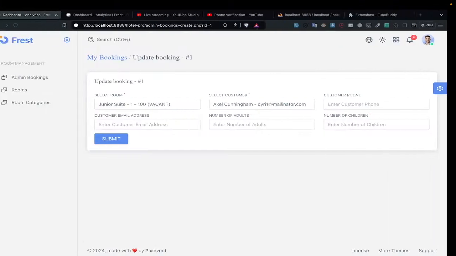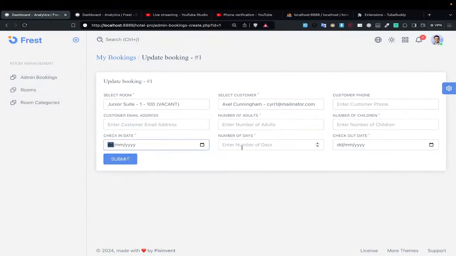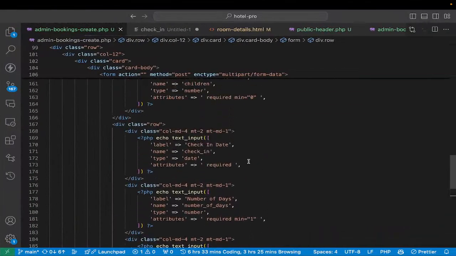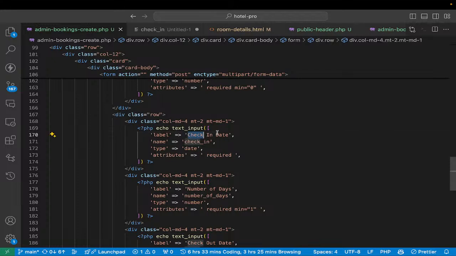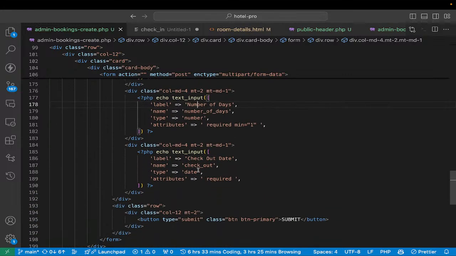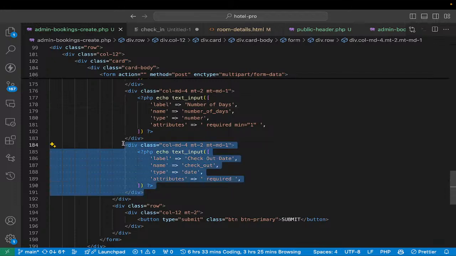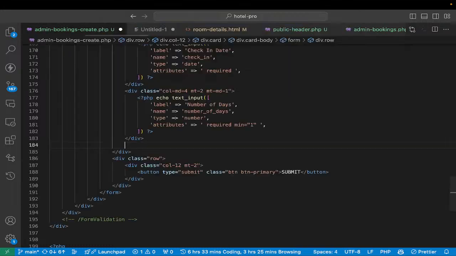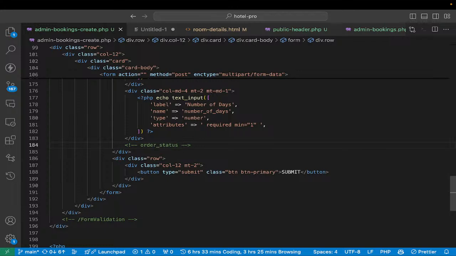Copilot has done it for me, I think. So this is what Copilot has done. The check-in date, I put it there, and then the number of days, you can see that's the number of days, and then the checkout, I'm not going to put there, it's going to be computed. I'm just going to check in, it's there, number of days, it is there, and then the order status, that's what I want to put there. So the order status is going to be active,